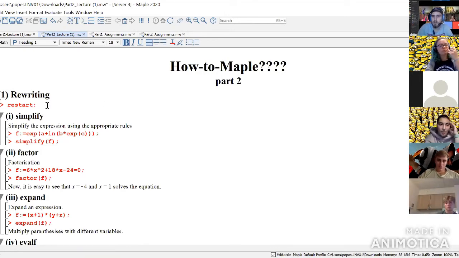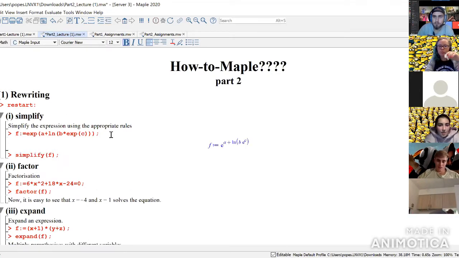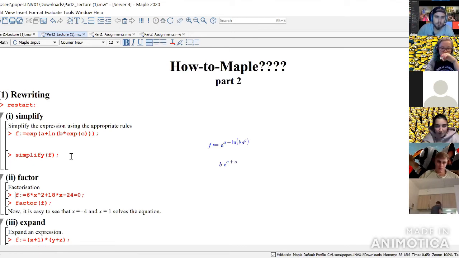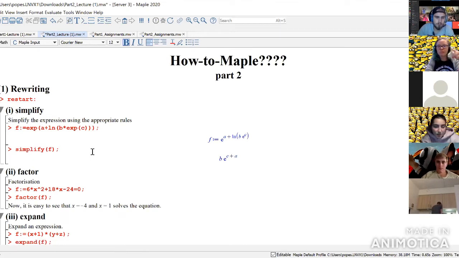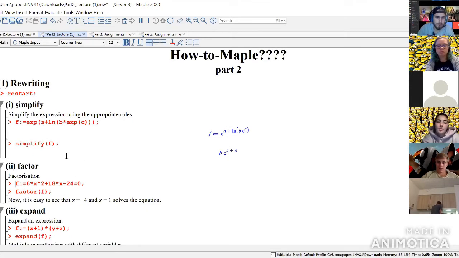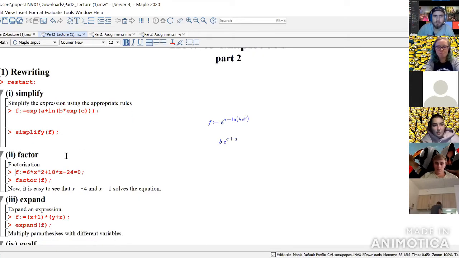Basically, I think Claudia talked about simplifying. So as you can see, and now, basically it's going to make your life easier with Maple and everything. Also, we have this banger